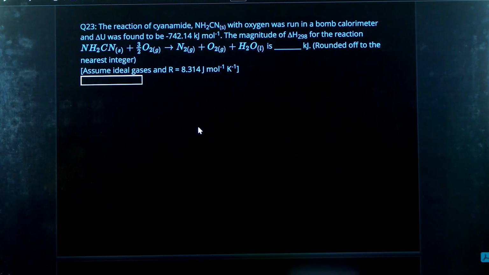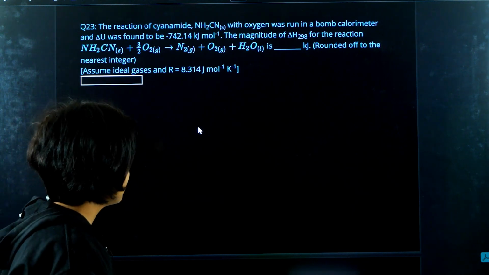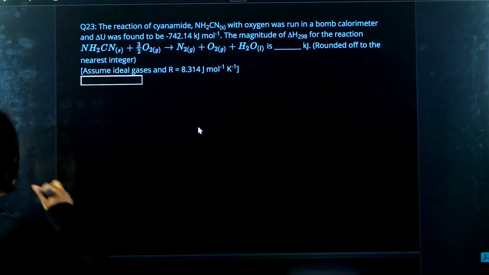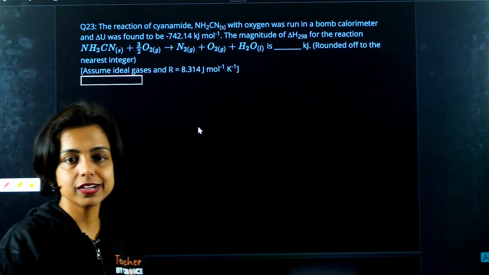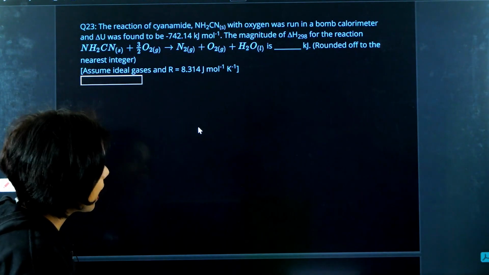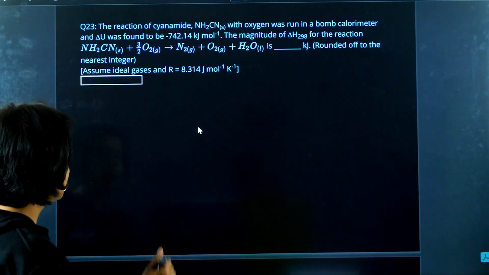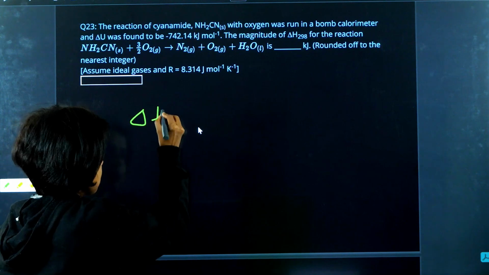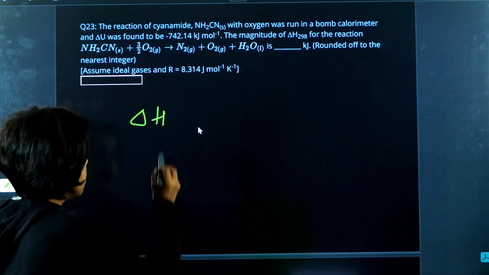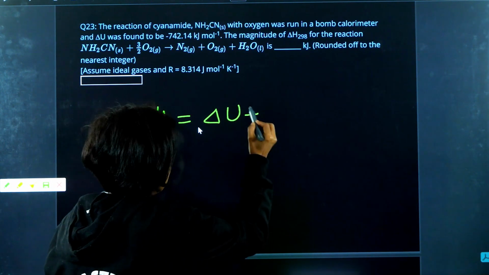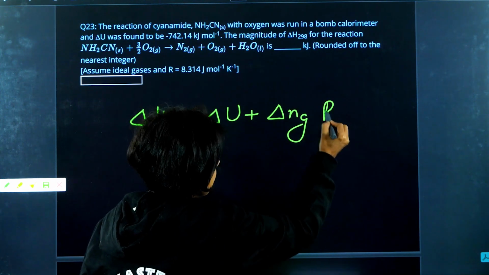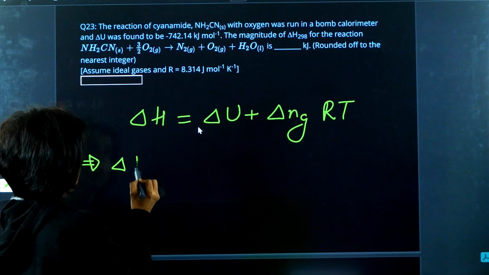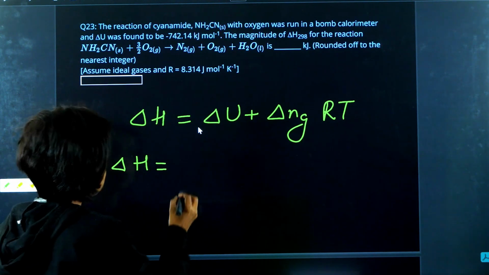Okay, next question. The reaction of cyanamide NH2CN with oxygen was run in a bomb calorimeter and delta U was found to be as given, the internal energy change is given to us, and the magnitude of delta H is required. Very simple, very important relation that we are going to use here. Important, very important for JEE Mains. Many times JEE Mains has asked questions on the same. So delta H of a reaction is equal to delta U plus delta Ng RT. I am sure you are pretty aware of this relation. So delta H we are supposed to calculate. Delta U is given to us as minus